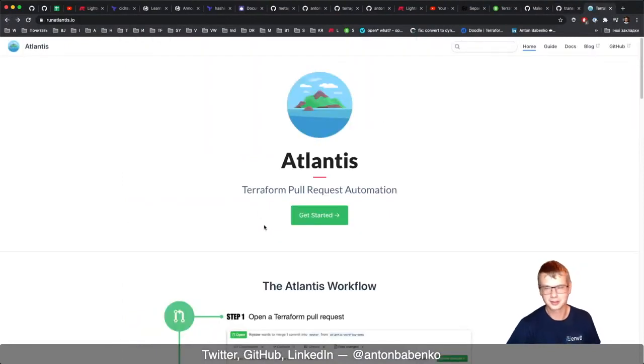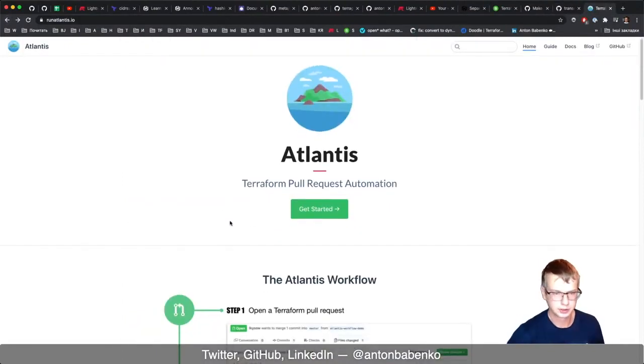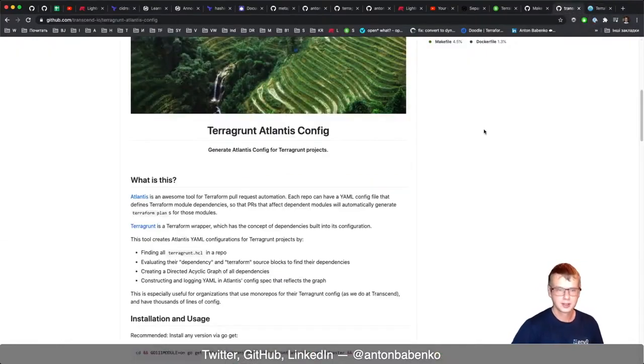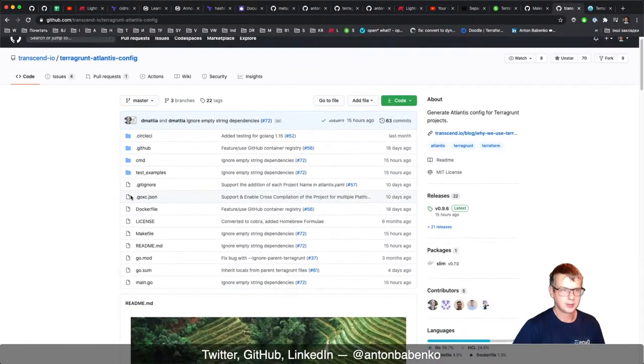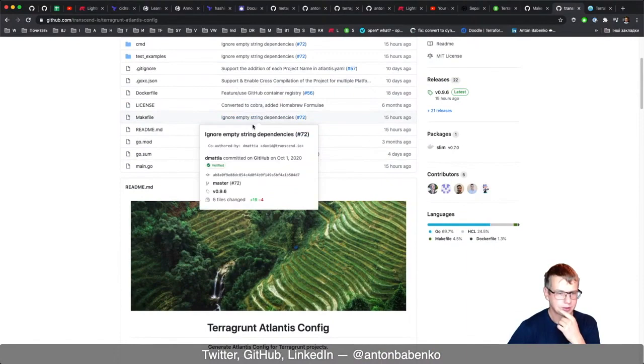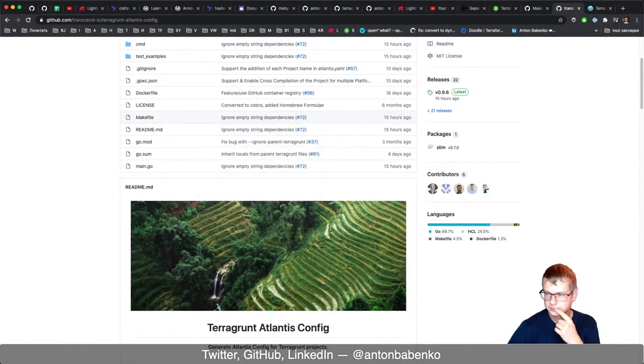I talked about this Atlantis, which is cool, but required some workaround. And now I'm talking about the Terragrunt Atlantis config. This project allows us to specify